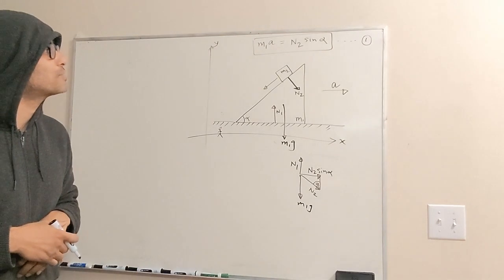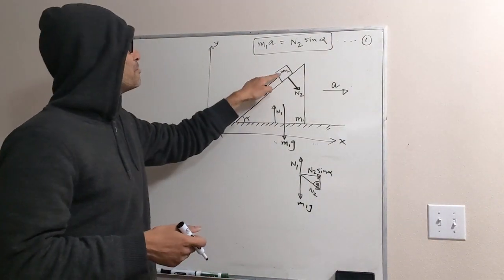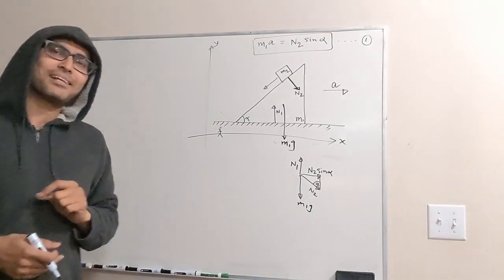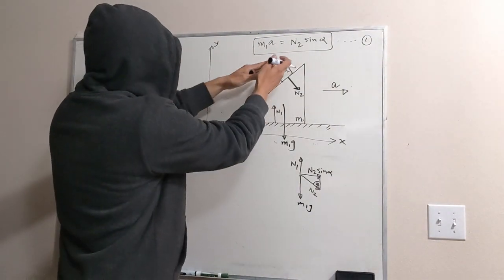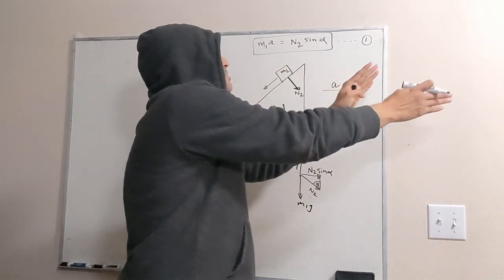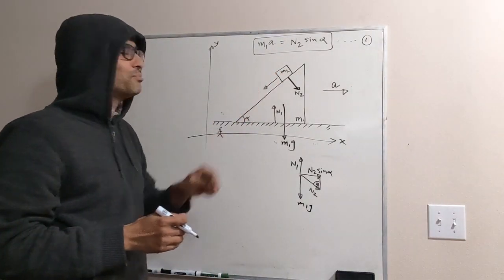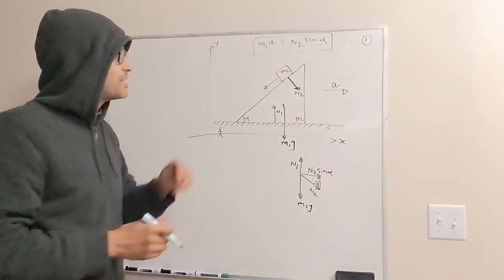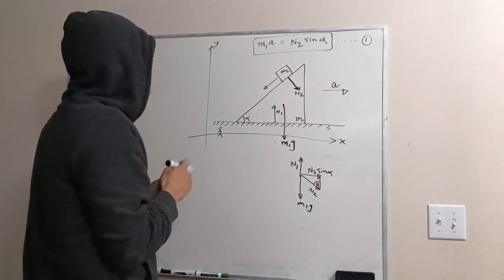Now we need to find some other equation of motion for the object M2. Now this M2 is a little bit complicated, right? See the motion of M2. First of all, M2 is sliding along this surface. At the same time, the whole thing is moving in that direction. So if you see the curve of the motion of M2, it's quite complicated, right? It has some motion in this direction, some motion in this direction.